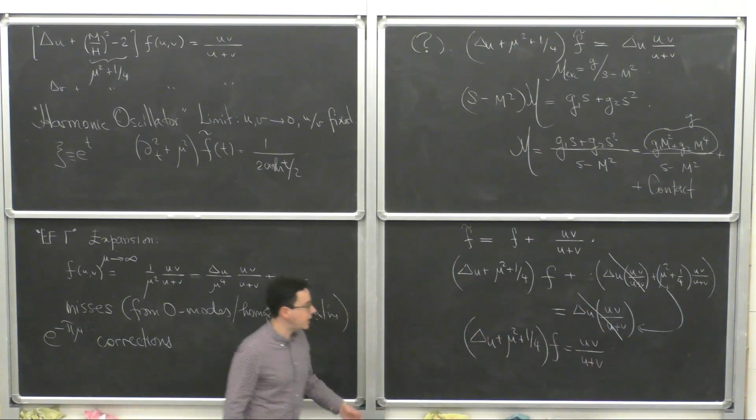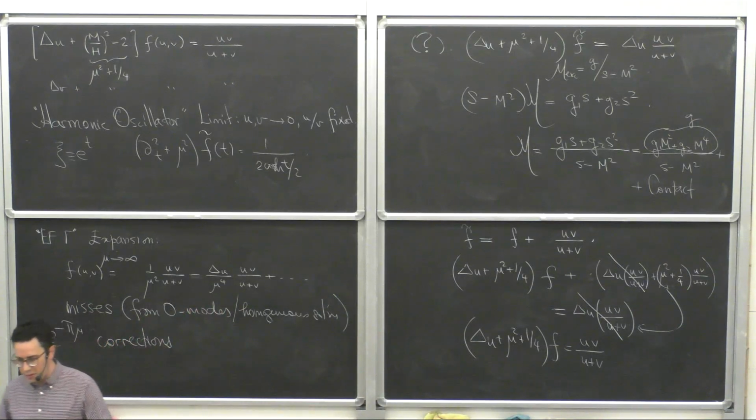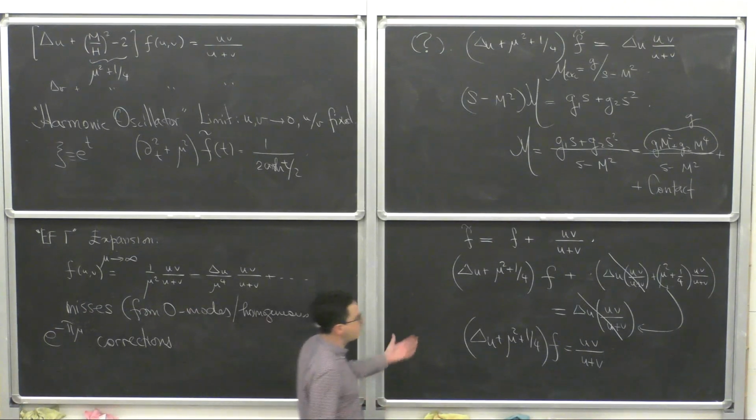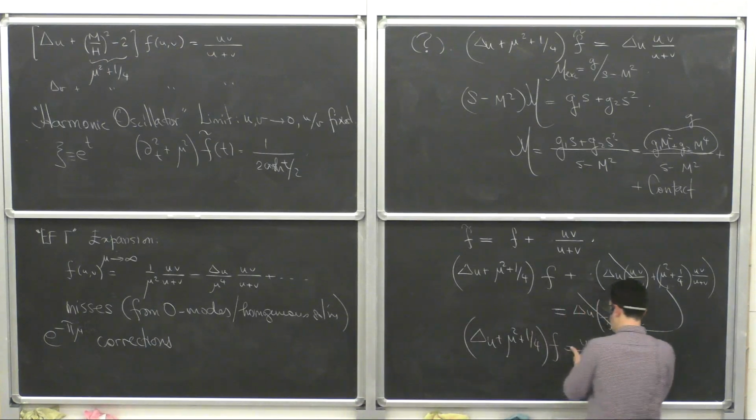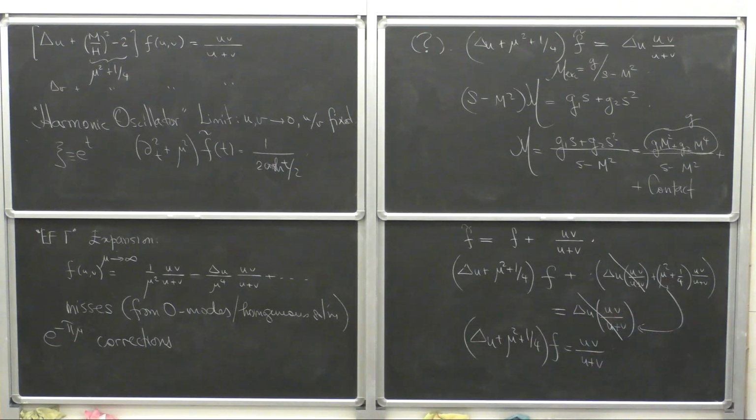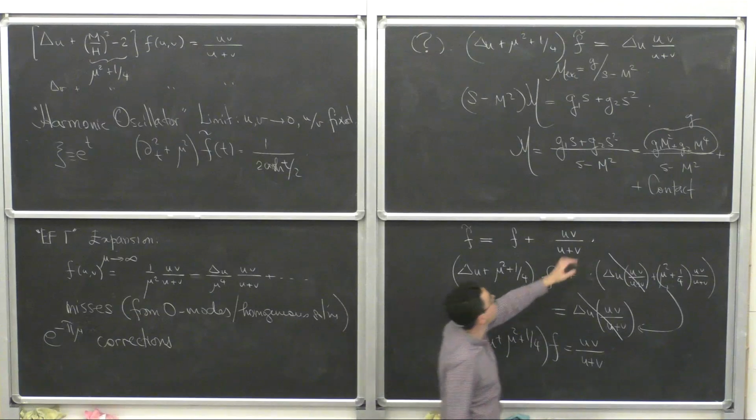The point is that uv over u plus v is not delta u of anything, right? So you can't keep on doing this forever. It stops here, the simplest contact term. By the way, this is an interesting question. So this guy here